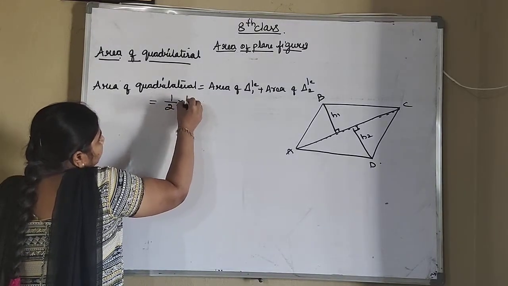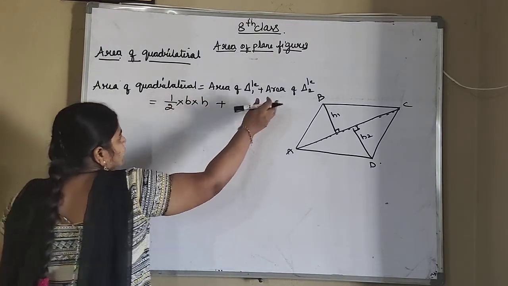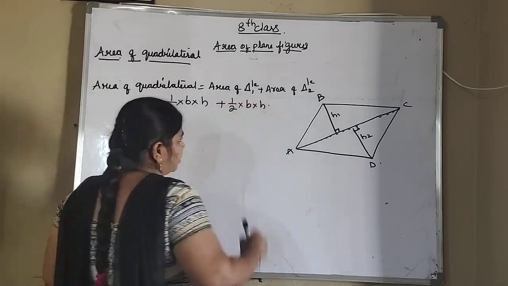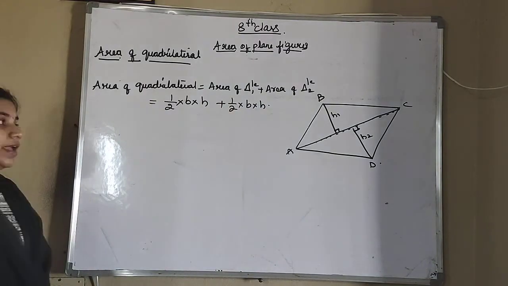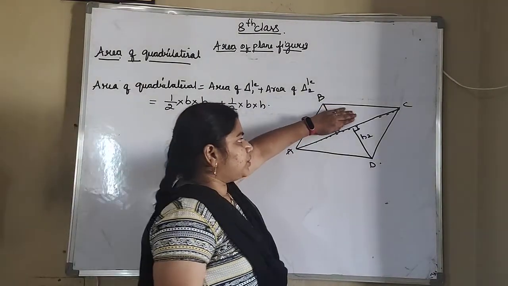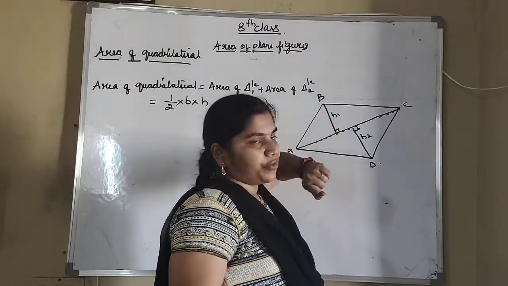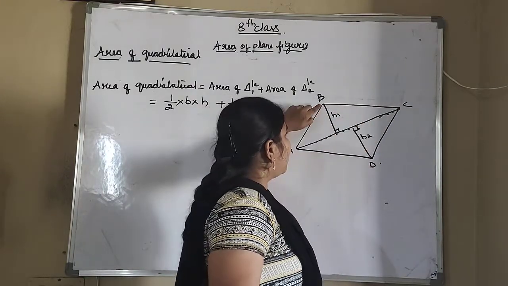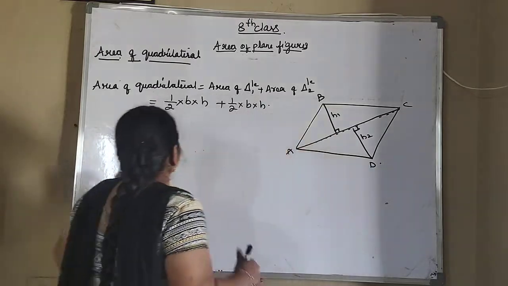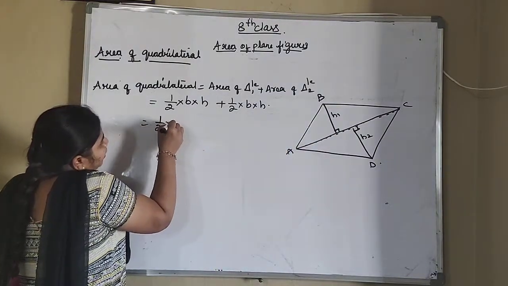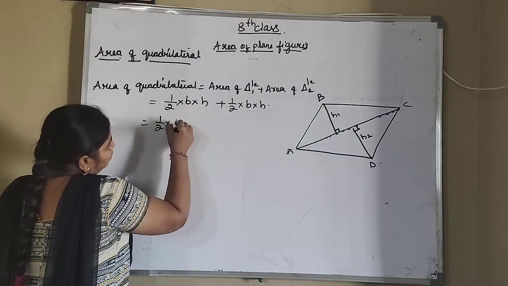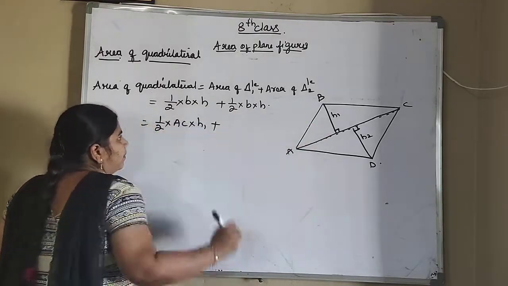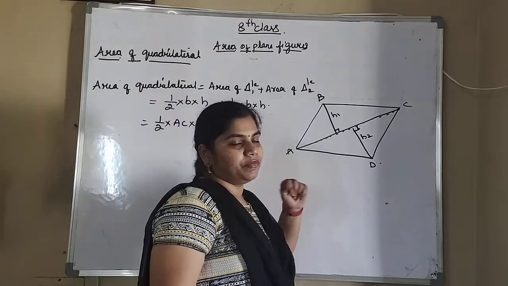Half into base into height, and here also half into base into height. First we find the area of triangle 1. For this triangle, the base value is AC and the height value is H1. So I am writing half into AC into H1,